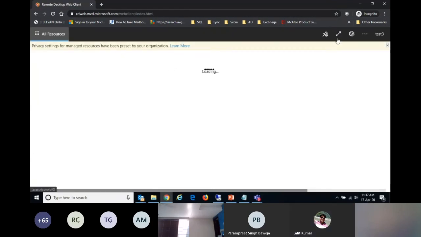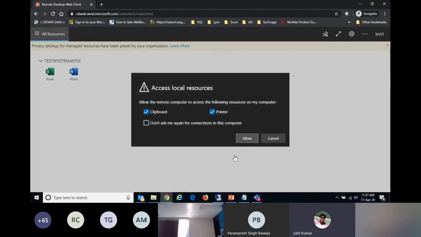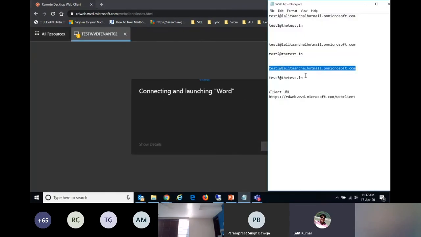Now you can see this user will have access to app virtualization, the application which I have virtualized for this user only. Again, you can go and access. You need to put in your password again.